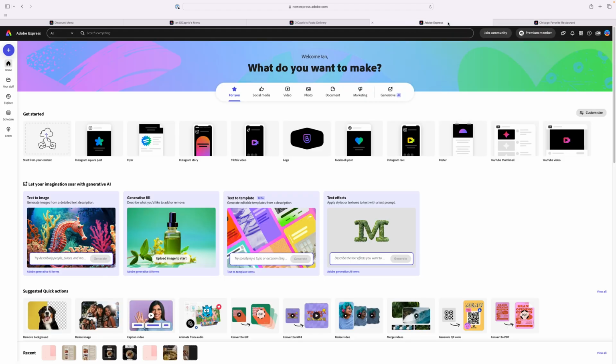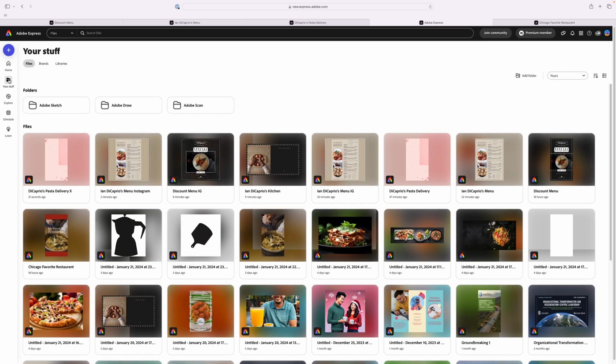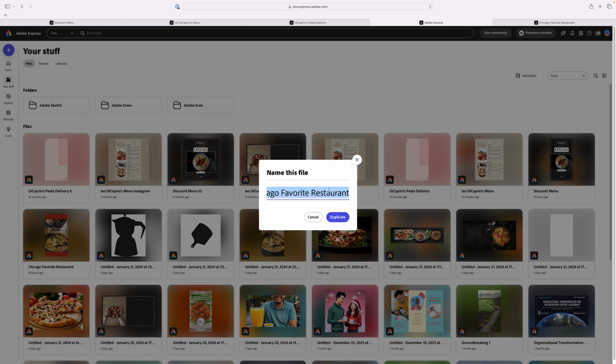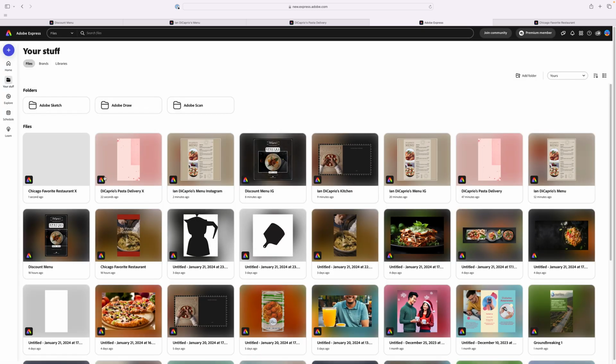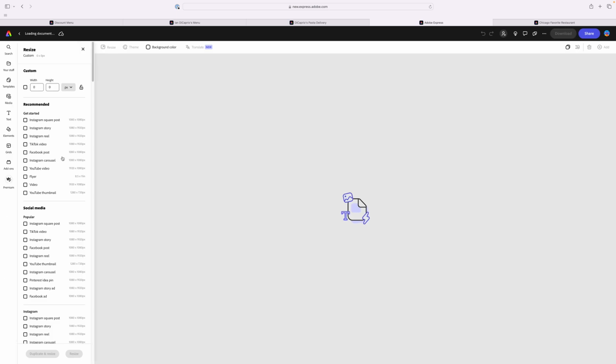And so we'll go back to our home screen, click on Your Stuff, and where we've got Chicago's Favorite Restaurant, click on these 3 dots, duplicate, and at the end of the title, just put a space, put X, press duplicate, double click to open it,